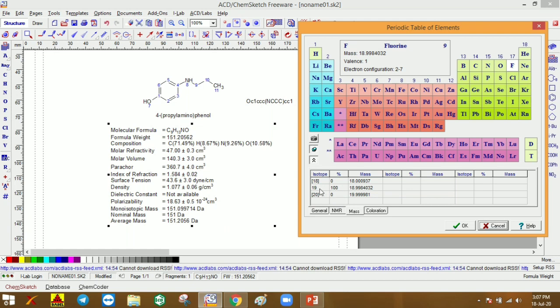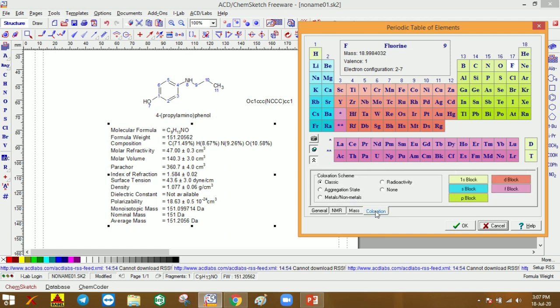So isotope 19, 100%, mass it is representing, and color also it is representing. It comes under the P block, so this yellow color indicates the P block. So the complete periodic table of elements we can clearly observe in this window.